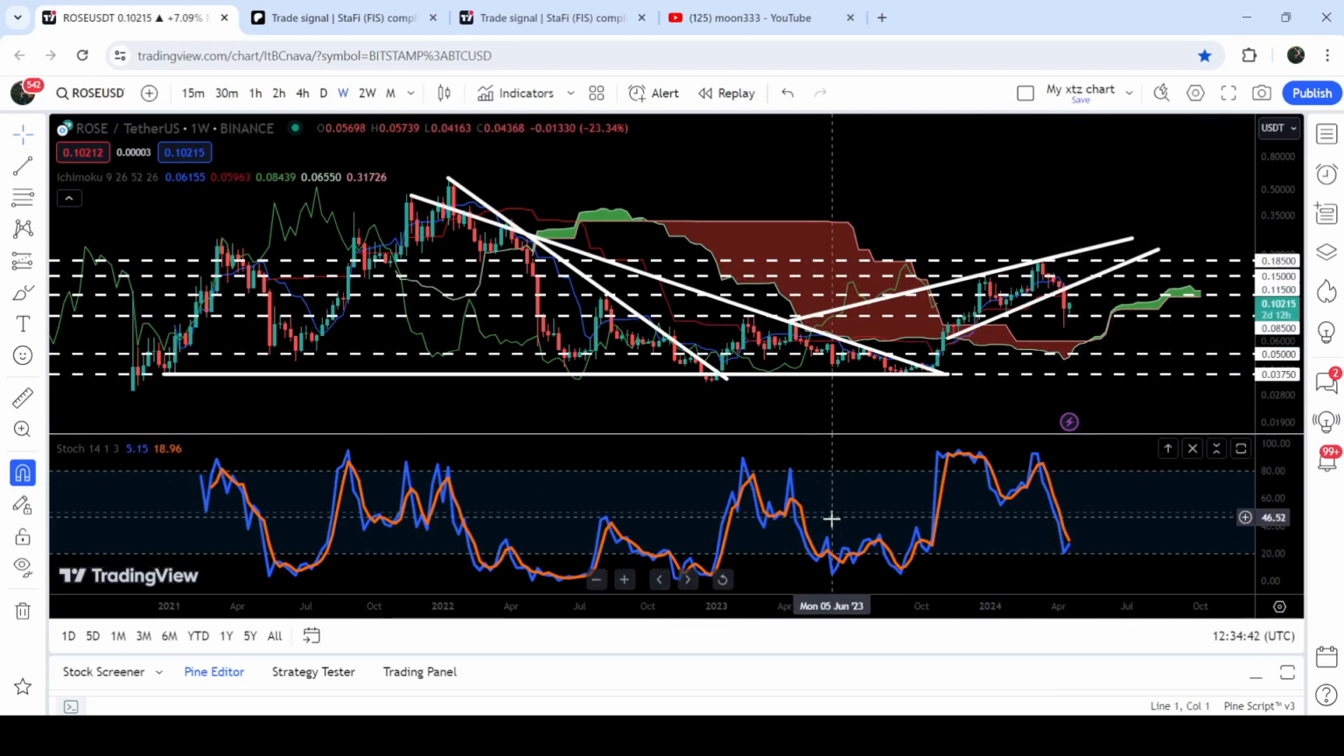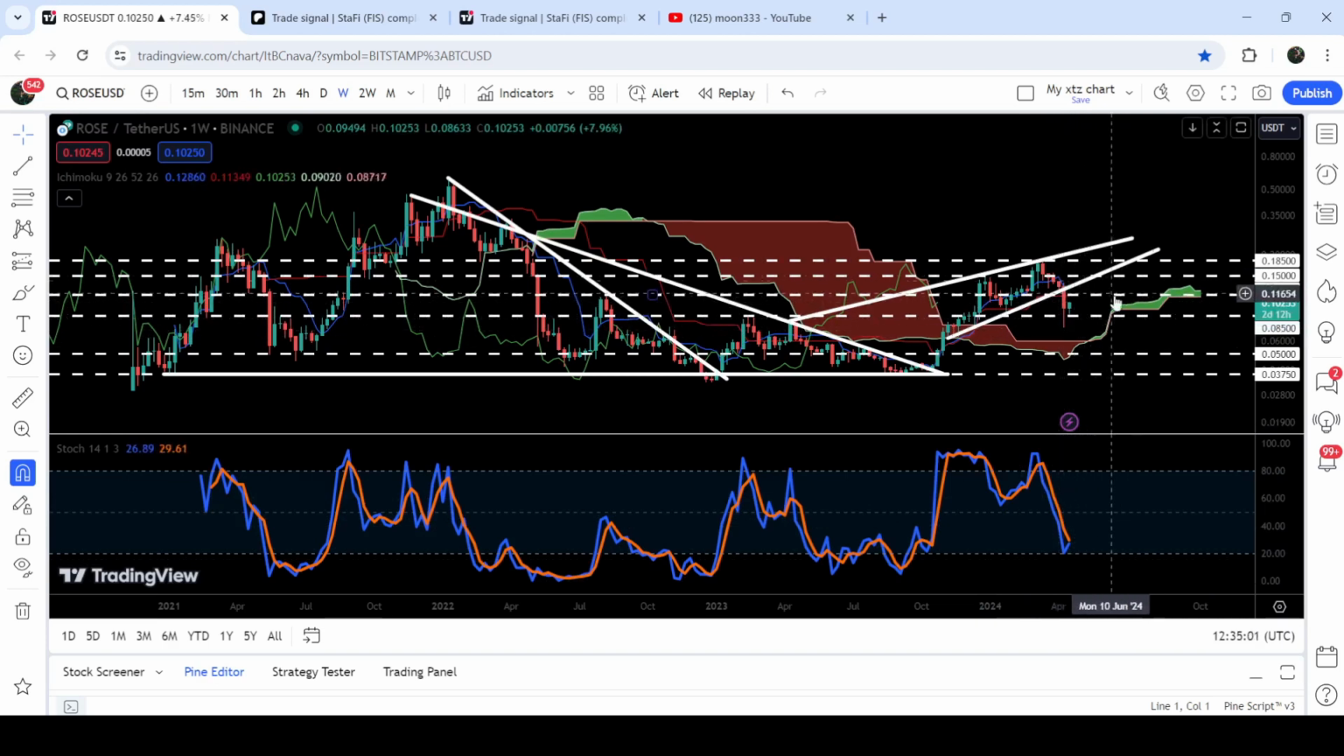Previously, when it entered the oversold zone here, we had a short move to the upside, but the price got rejected by this long-term resistance of the descending triangle. Then it again dropped down into the oversold zone. Then we had a very, very massive rally. This time we have the support of 8.5 cents,